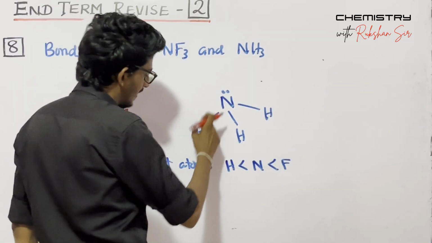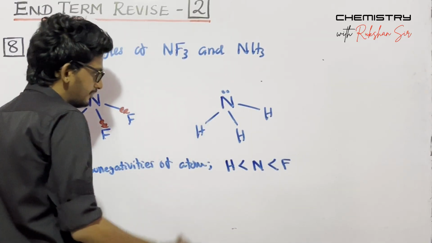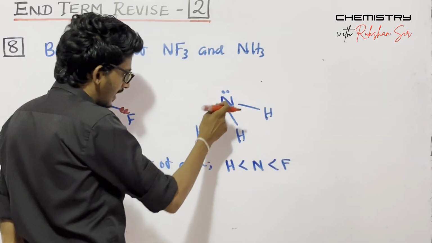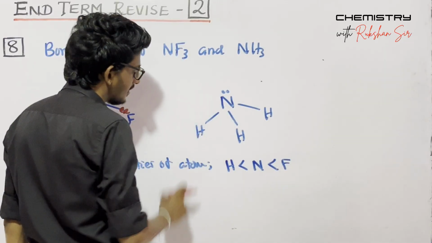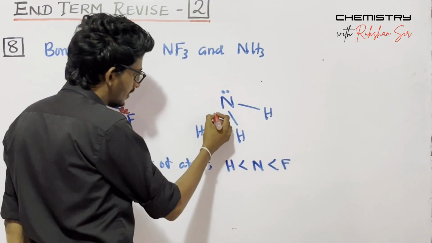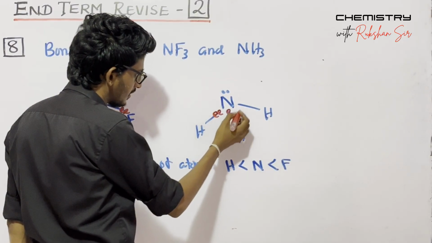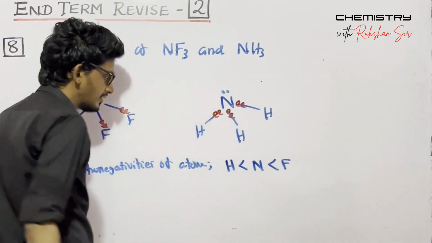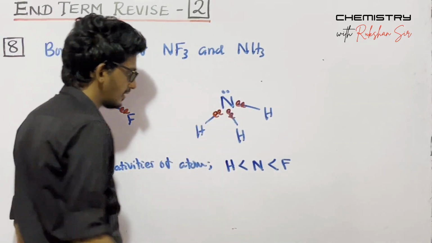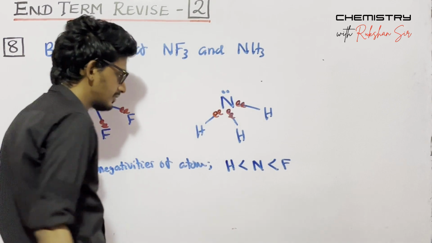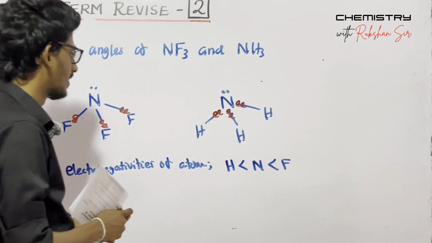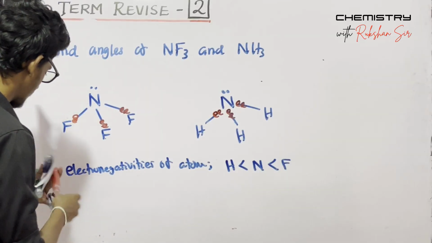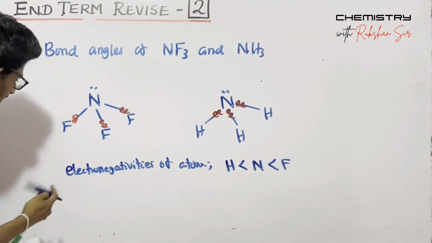But when considering NH3, as nitrogen has a greater affinity than hydrogen, the two electrons of these N-H bonds appear closer to nitrogen, like this. Yes, nitrogen has a greater affinity than hydrogen. So what will happen? We can clearly see